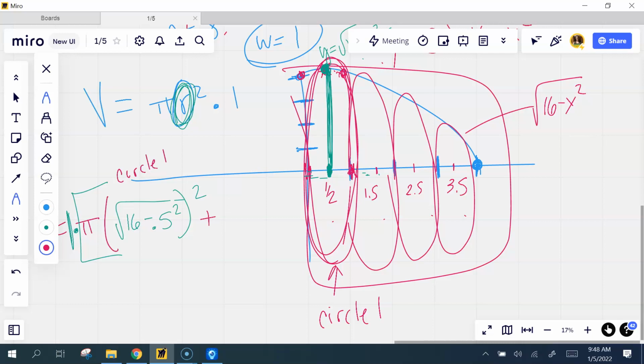So then I'm going to add it to, then I go to the next one. Well, this is 1.5 instead of 0.5. So this is pi times the square root of 16 minus 1.5 squared, pi r squared. Plus, and then I go to the next one, which is 2.5. So pi times the square root of